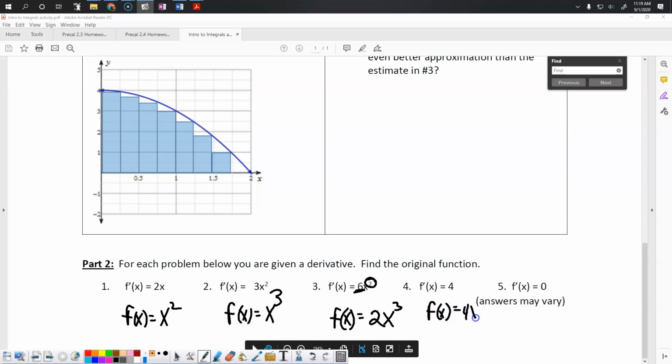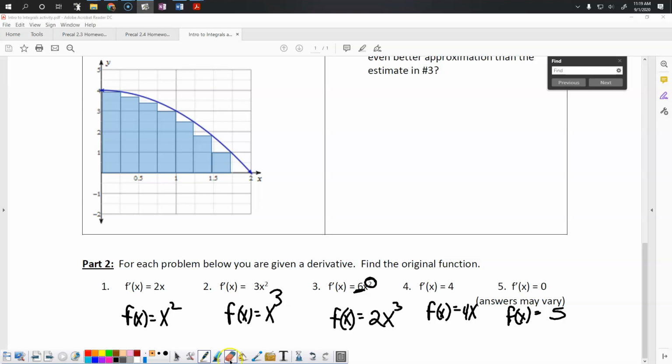That must have been 4x. Anytime you take a derivative, you just get a number. It's because it was a constant multiple. And then the last one here, it could have been any number. There's different answers for that. So, but anytime your derivative is 0, that means that whatever was there must have been a number. It could have been 5, it could have been 6, it could have been 1.2, could have been a million,